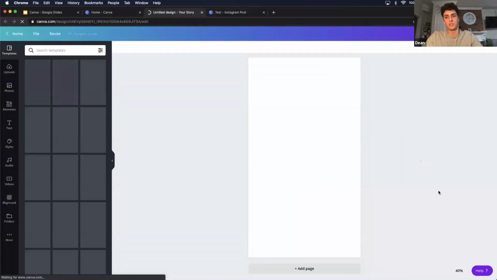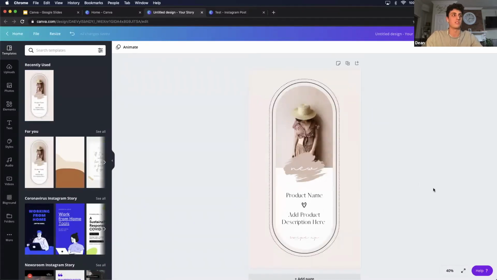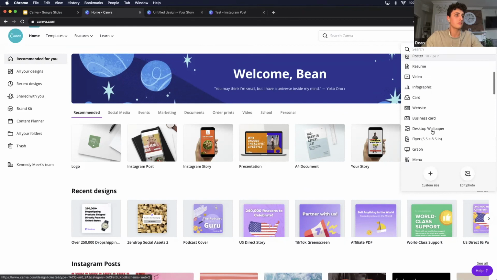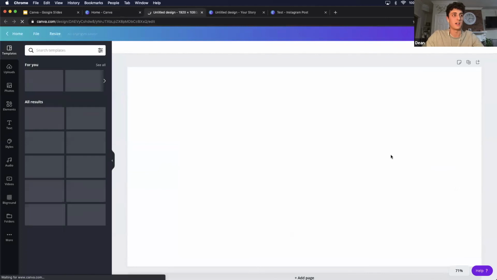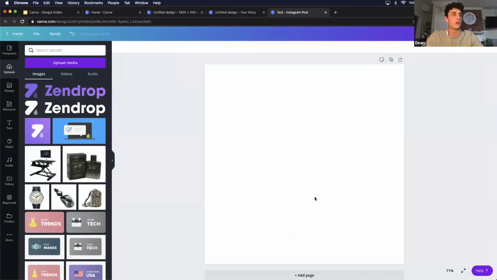So that's simply going to look like this, vertical. And another great thing about Canva is you've got awesome templates, so you can work with some of these things. This would be something like an Instagram story. And then a Facebook ad would be, if we do custom size, 1920 by 1080, and that's going to be laying on its side. And then of course, an Instagram post is just going to be a 1-to-1, 1080 by 1080.